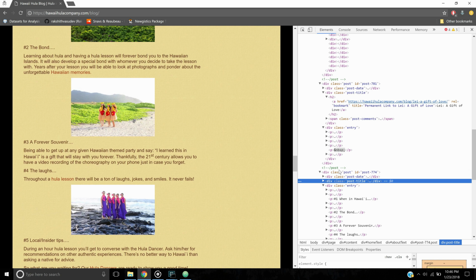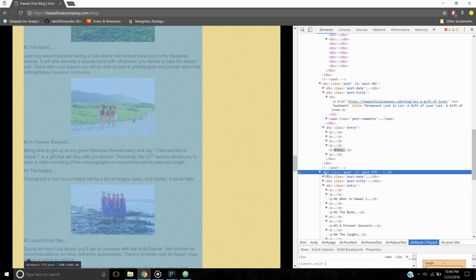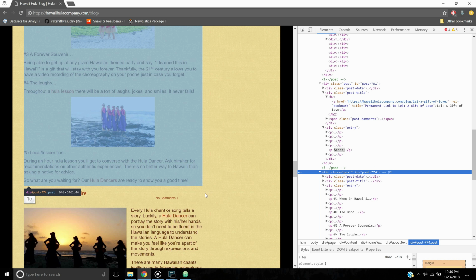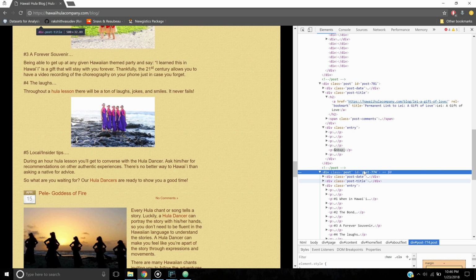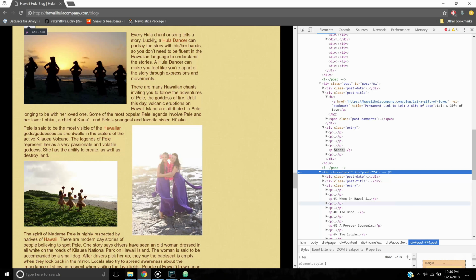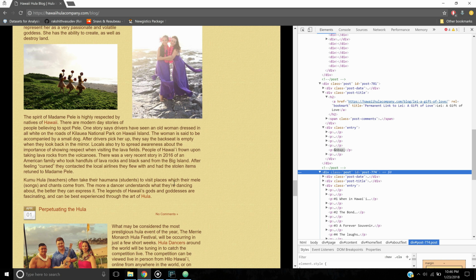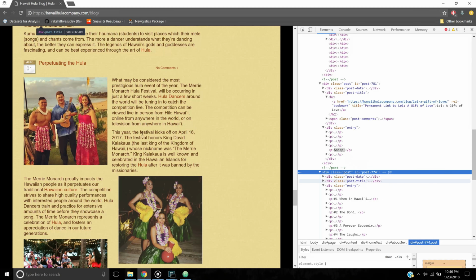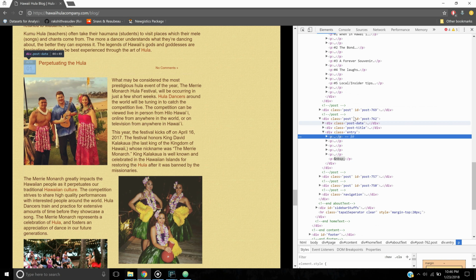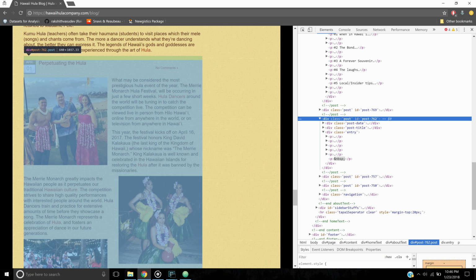But all of them are wrapped in a post div class. Awesome, that's what I am trying to look at. So you want to be able to find that tag that wraps the entire article, the article name, the article category, the article content. So that's the kind of tag that you want to look at. And let's take a look at this one right here, and let's go back. This is the post. Awesome,